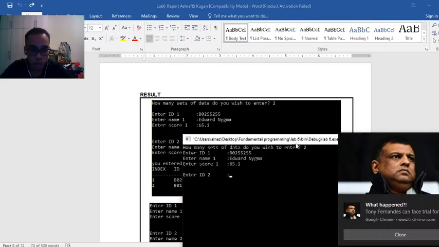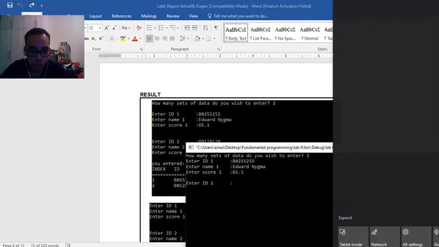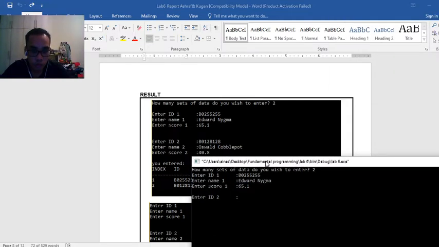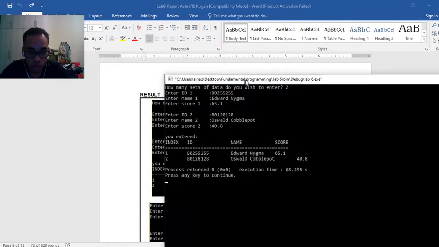So the other one is B02128, and swap cobble, the score will be 40.8. So this is what I get for this.